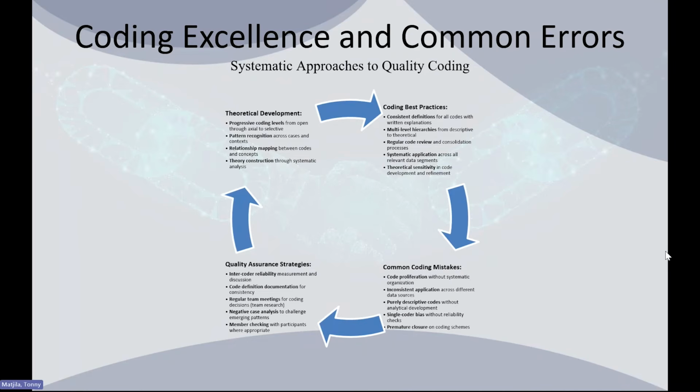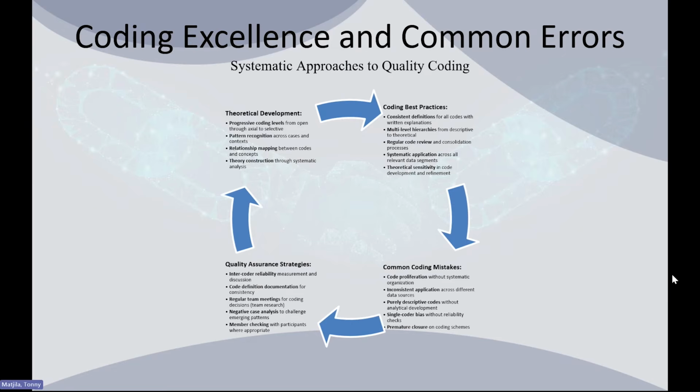And if you create hundreds and thousands of codes without organization, this may lead to analytical paralysis. So it is important that you establish these systematic processes so that you can consolidate the related codes and develop